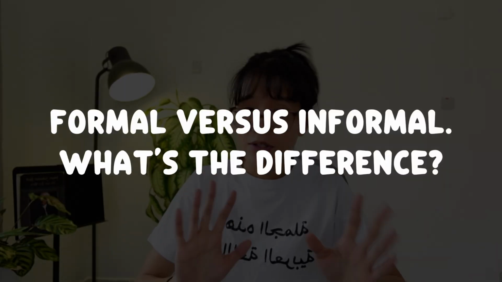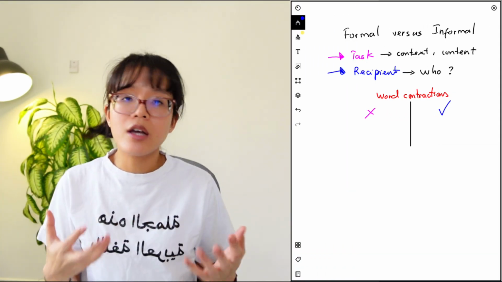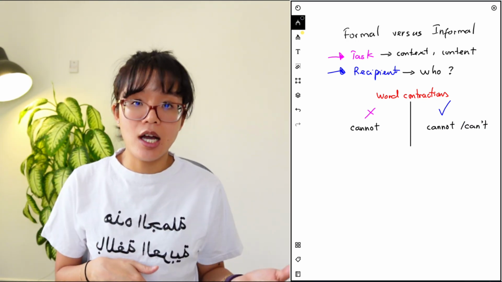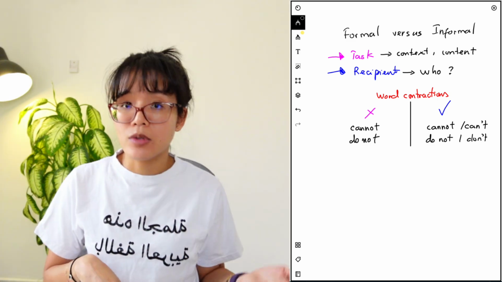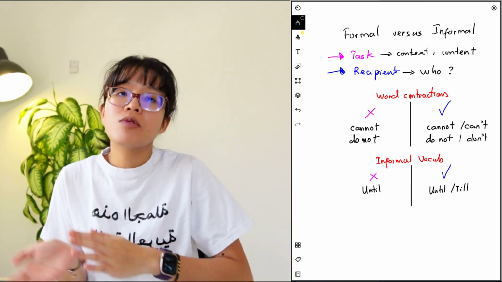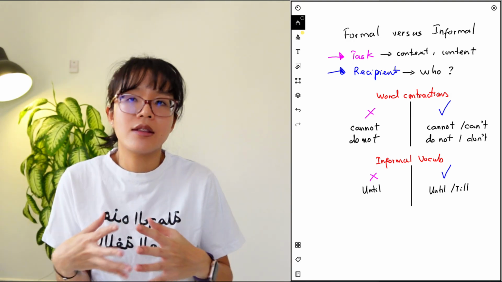Now let's talk about the differences between a formal and an informal letter. They are quite different, but mainly in terms of vocabulary and sometimes the grammar that you are going to use in the letter. For example, in a formal letter, we are not going to contract words. For example, we cannot write can't instead of cannot, or don't instead of do not. Also, there are words that probably shouldn't be used in a formal letter, words that are by nature informal. For example, in a formal letter, instead of writing till, you should write until,